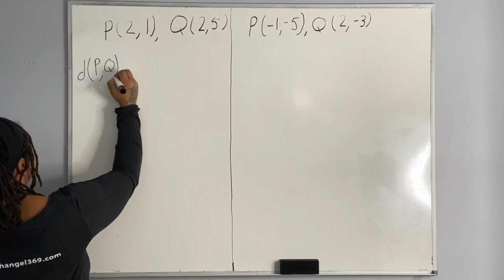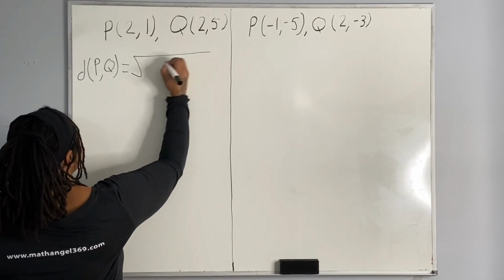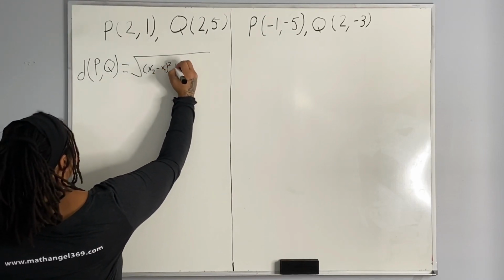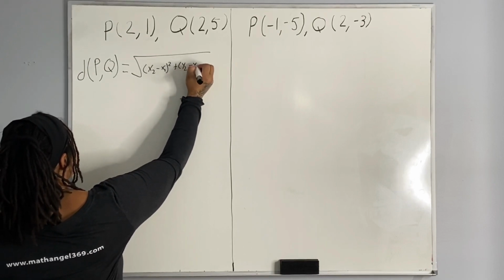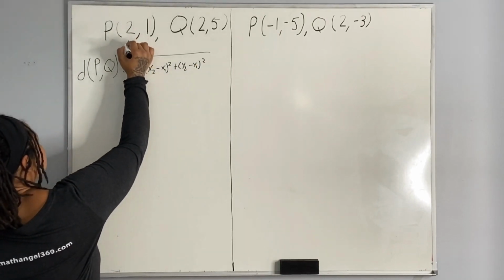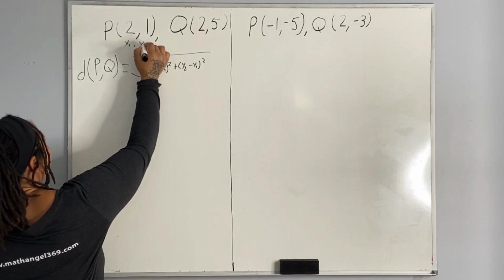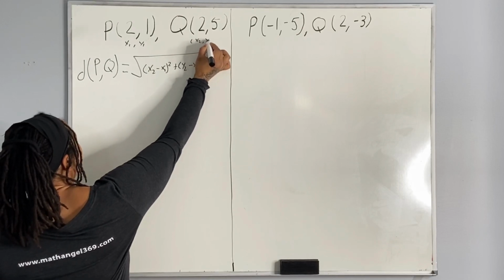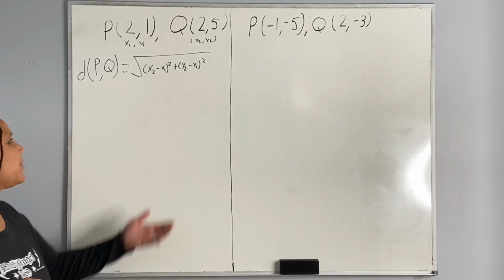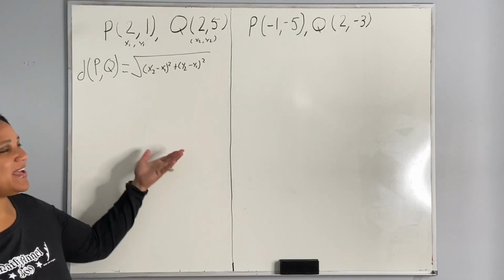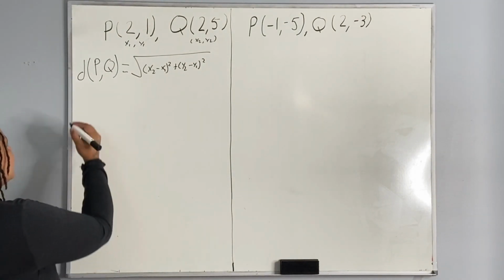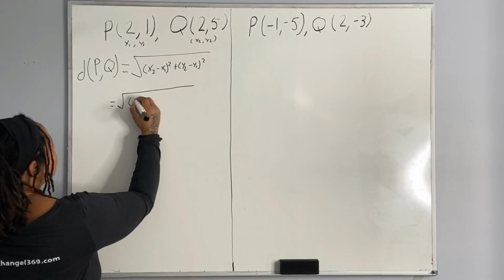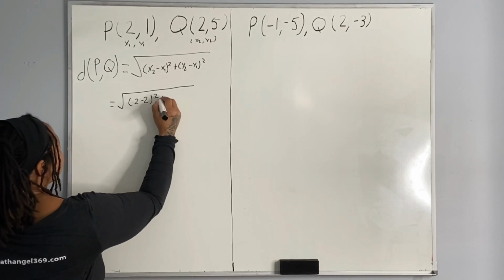from P to Q is equal to the square root of (x2 minus x1) squared plus (y2 minus y1) squared. So let's let this point be x1, y1, and let's let point Q be x2, y2. So now all we're going to do is just plug in our x and y into the formula and solve. So that means we have the square root of (2 minus 2) squared plus